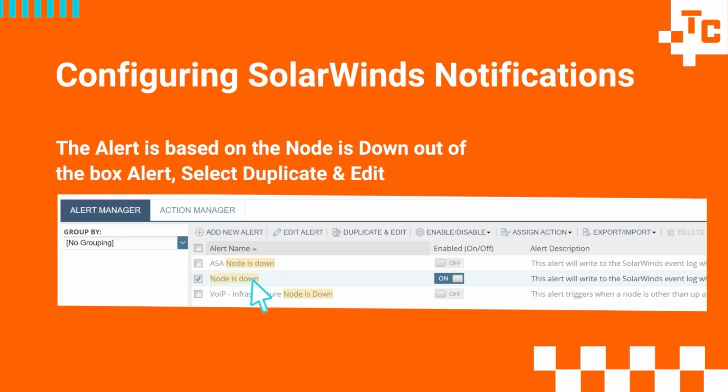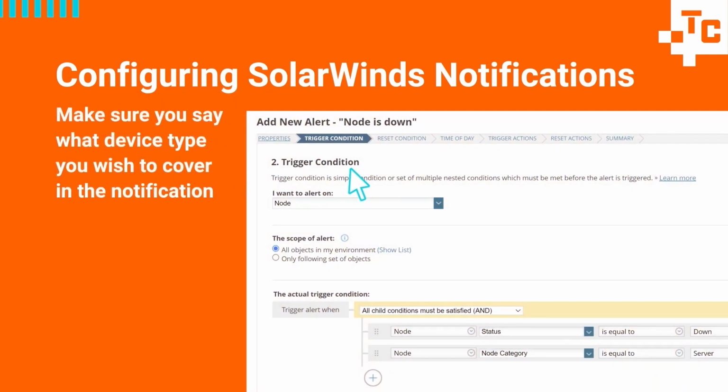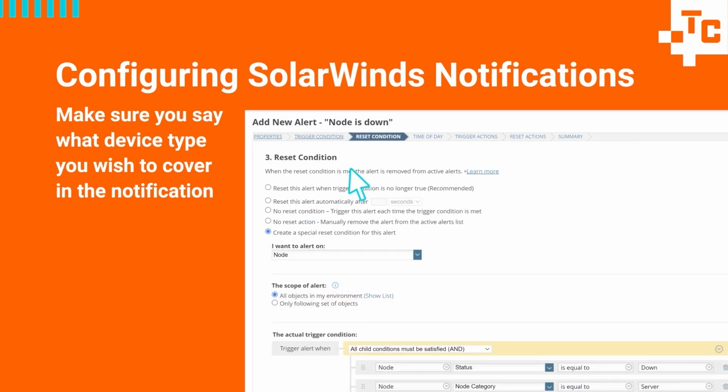That sounds pretty straightforward. Is it as easy to use it on the SolarWinds side when you set up your alert? Yeah, it's very straightforward. But the additional bits that you need to tell it is what sort of node type. So you add a custom field or select vendor and put it as Windows for a Windows server and Linux for a Linux server. Same when you do the reset condition as well.